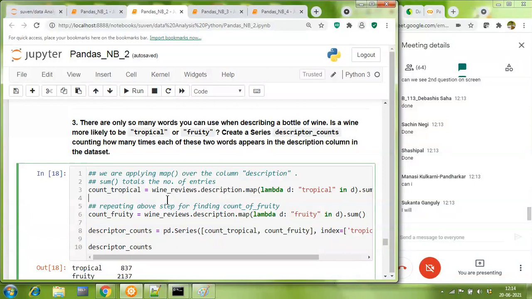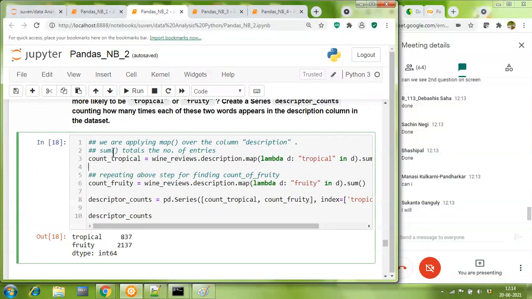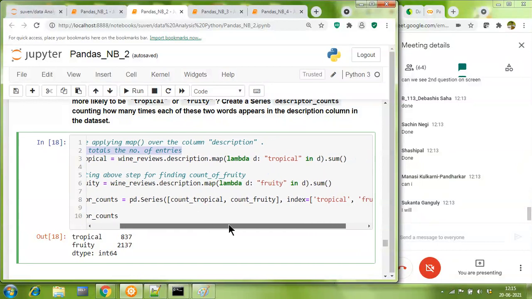Fantastic, very good. So can you also proceed and take initiative to try your level best to explain how the code is working? You are welcome to read the comment also. Okay, sir. So we are applying basically the map function over here on the column description, and we are also using the sum function because we need to count. First we need to count the tropical. So in the wine reviews, we go for the description column.